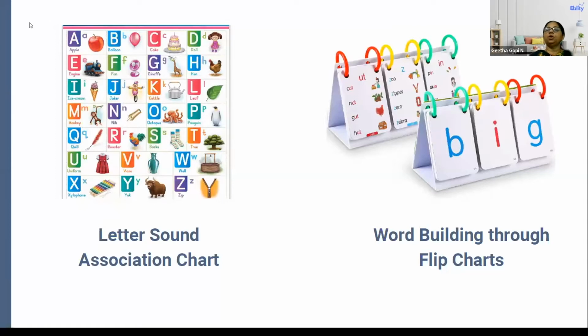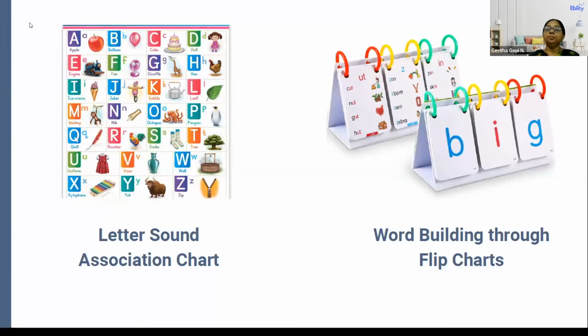And when you constantly rehearse and revise these letter sound associations, also try to keep one constant letter with one constant picture, because that association then helps the child, even when they're reading words, if they get stuck at a word, you can always say, okay, b as in ball, if ball or balloon was your clue picture. So you can always try and connect it to the clue pictures that the children have been introduced to. So that's why it's always good to have one clue picture,